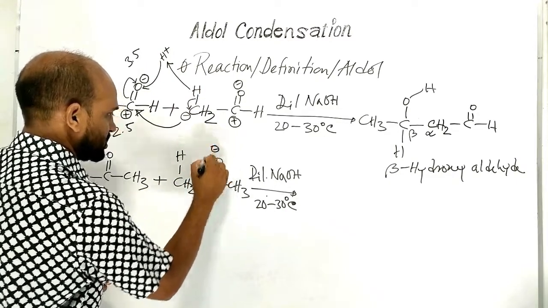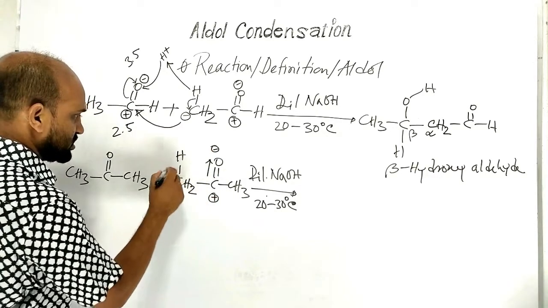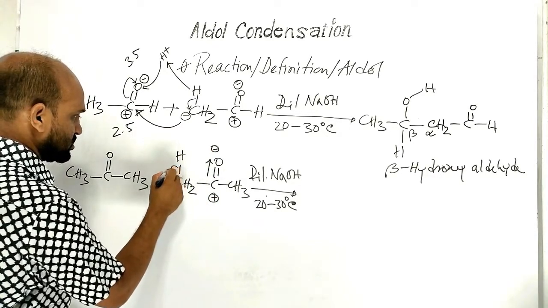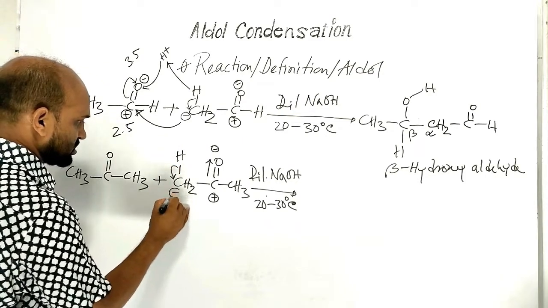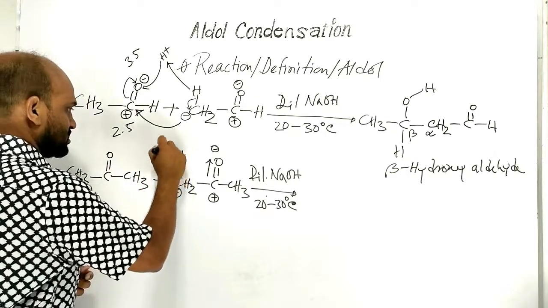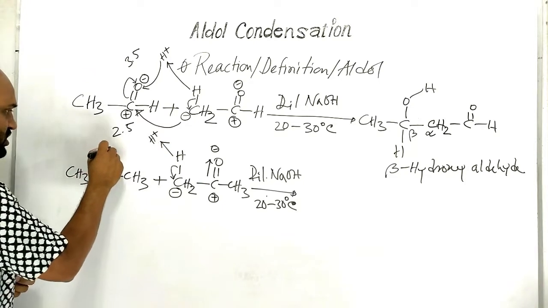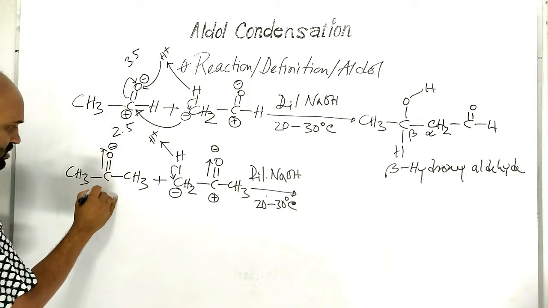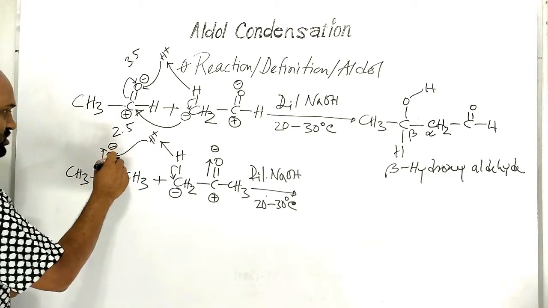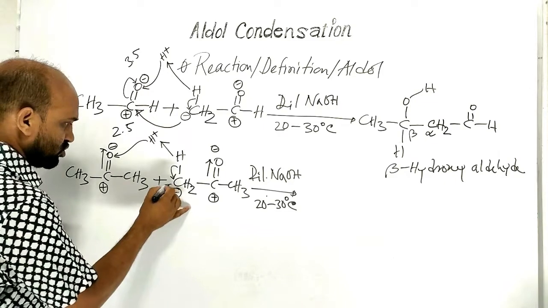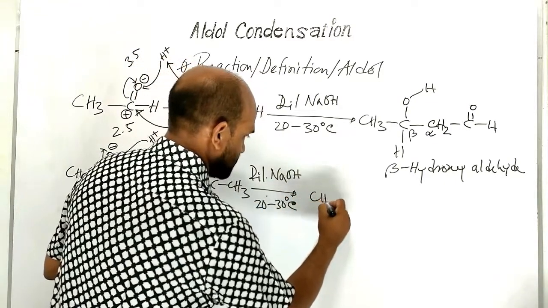Here it becomes negatively charged, it becomes positively charged. Because of this positive charge, these covalently bonded electrons come towards this oxygen. Then it becomes negatively charged, and this hydrogen is freed as proton. Here it becomes negatively charged, this carbon becomes positively charged. This proton combines with this oxygen and this nucleophile combines with this carbon. Then the product is